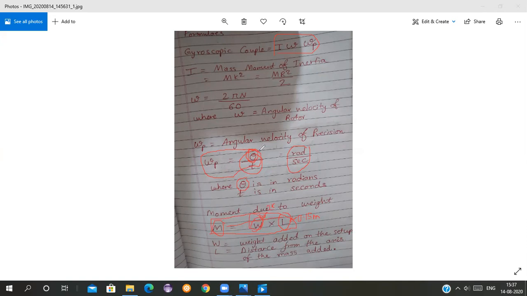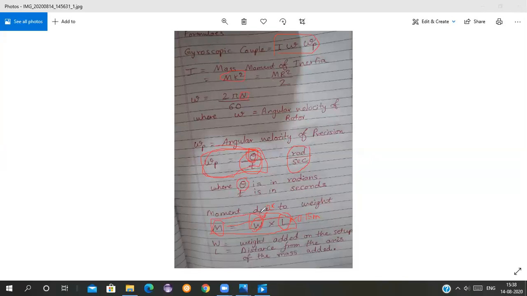and again your omega P will change. Rest all we can keep the same. We can keep the N same. We can keep this value of N the same. I will be the same because the mass moment of inertia is dependent on the rotor and radius, that will be the same. The mass of the rotor is not going to change.